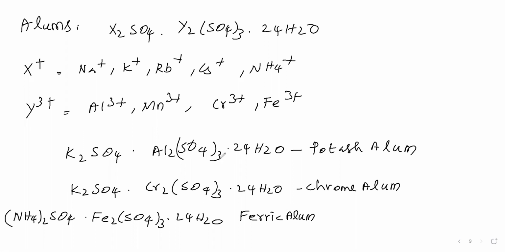Now, among the alkali metals, sodium, potassium, rubidium, cesium are there. The lithium ion is not given. Why? Because the lithium ion does not form alum. What is the reason? That we have to see. Actually, this alum is one salt, that means it is a double salt. Is it in a simple salt manner or a complex form? How does it exist? That we'll see.